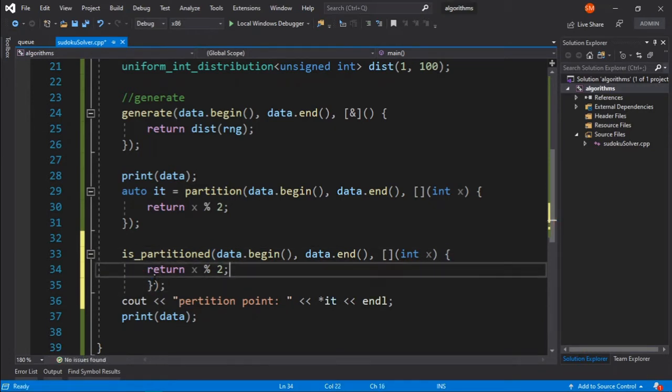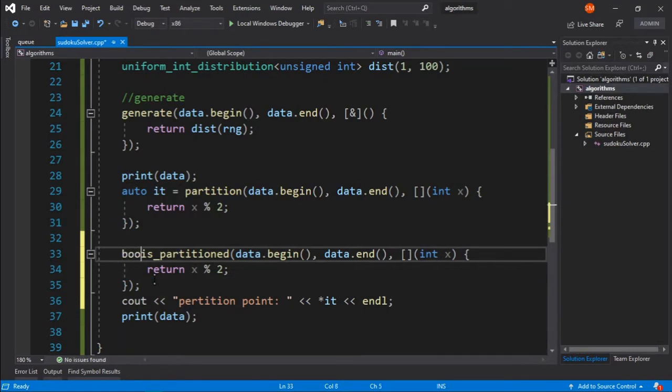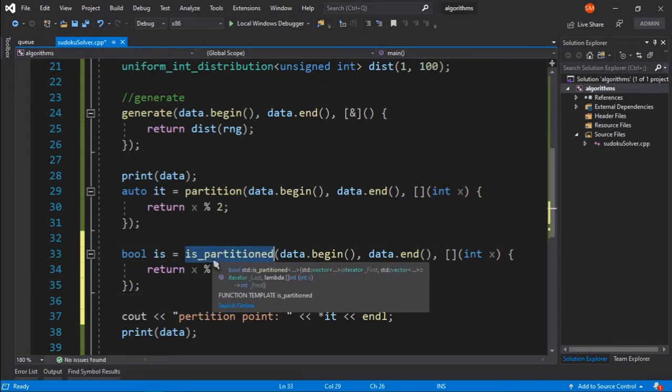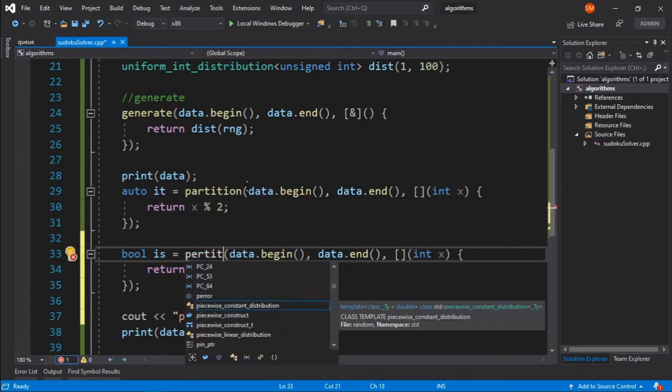Technically it will return a boolean. You can simply say bool is equals to this, and check if it is true or false depending on whether the data is partitioned or not.